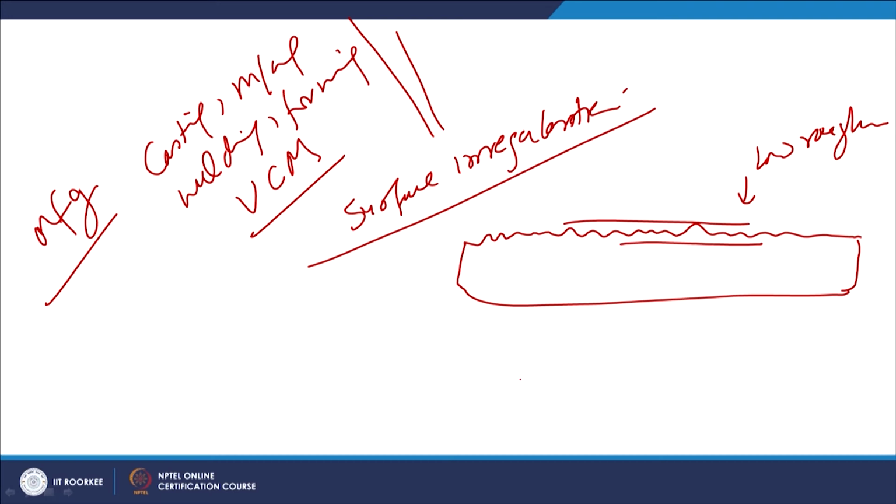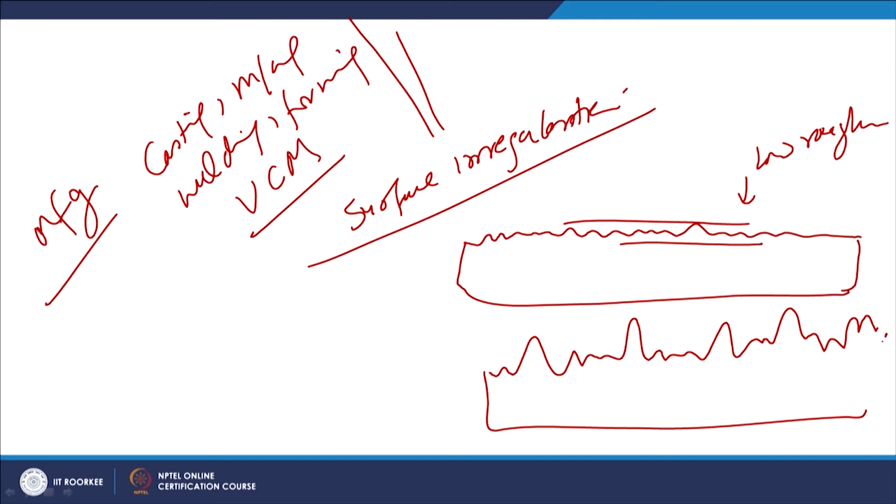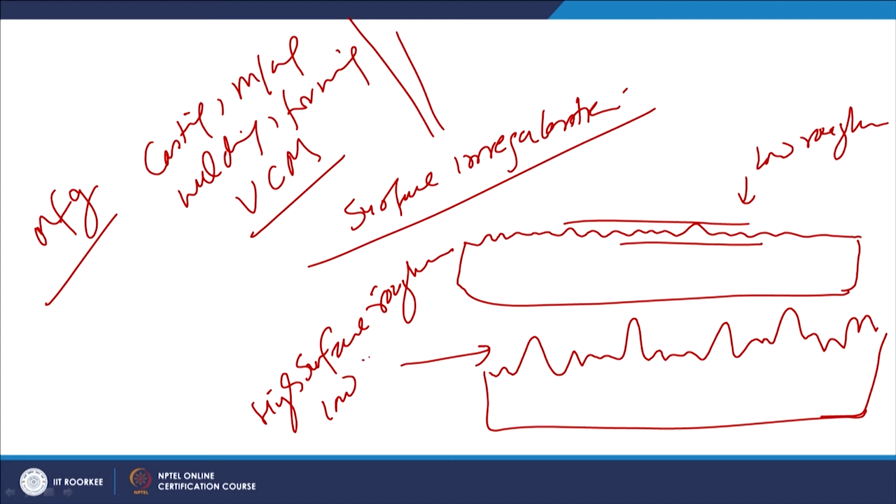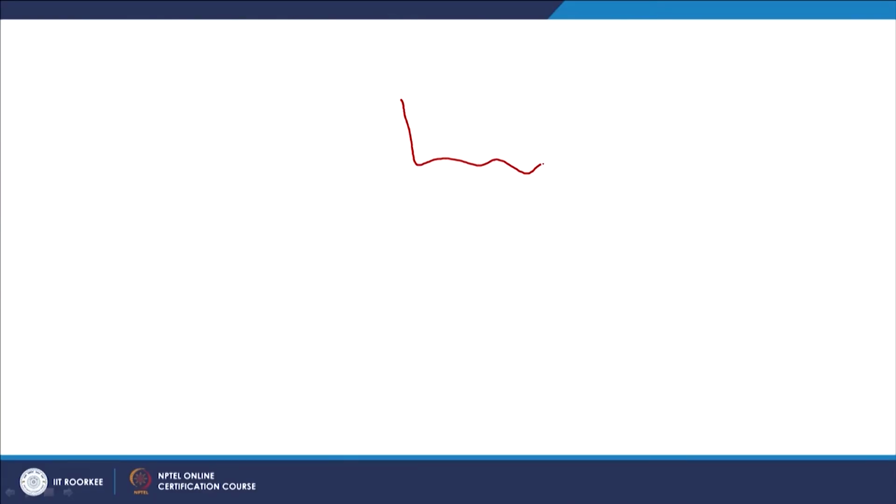On the other hand, few manufacturing processes result in a very high degree of surface undulations, which will lead to high surface roughness and low surface finish. Since these peaks and valleys are always present on the functional surfaces, whenever such surfaces are brought in direct contact with each other, the contact always happens through these peaks and valleys.